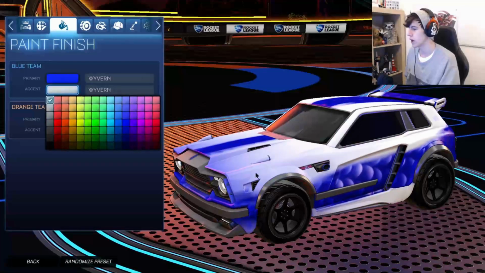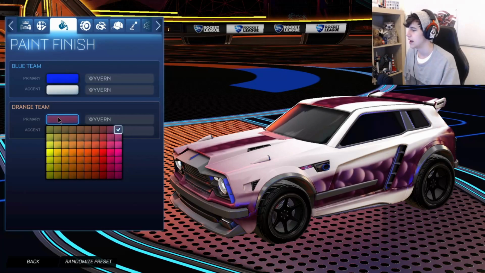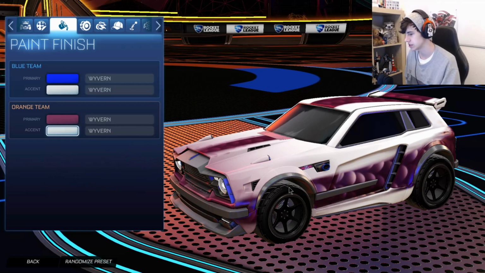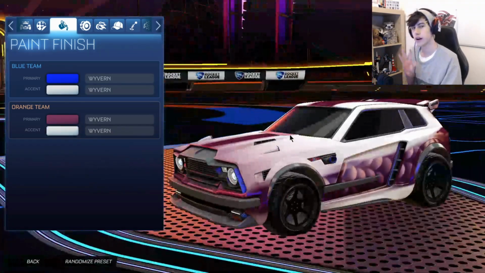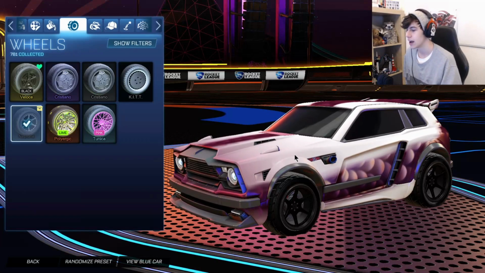And then he uses a white secondary. And then for the red side, he uses a bit more of a maroon color, which is the top right. And then he uses a white secondary, which is really, really nice. Also, another unorthodox choice that he makes on this car is he uses Neptune wheels, which I actually have to